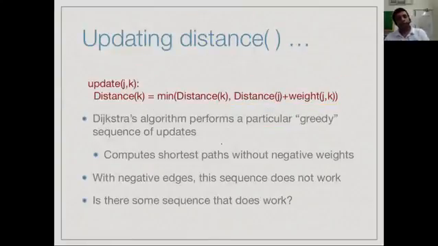If we look at Dijkstra's algorithm, what it does is a particular sequence of greedy updates. It chooses the smallest distance vertex which is not burnt and burns it. And our proof breaks down because this sequence does not necessarily give us the shortest path if the weights can be negative. So a natural question to ask is, what sequence of updates should I do in order to actually get the shortest path? Is there a better way of computing the sequence of updates rather than going via the greedy heuristic of Dijkstra's algorithm?